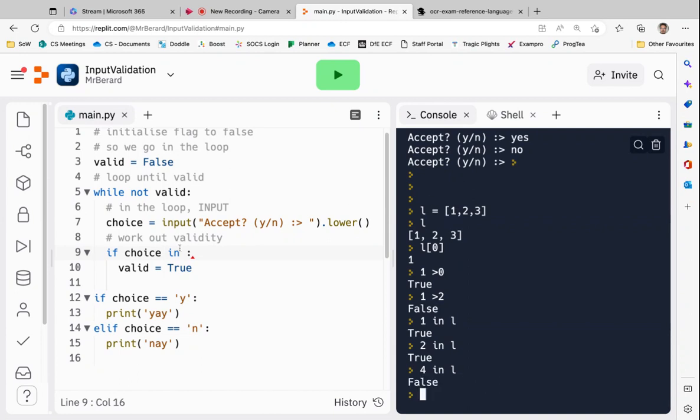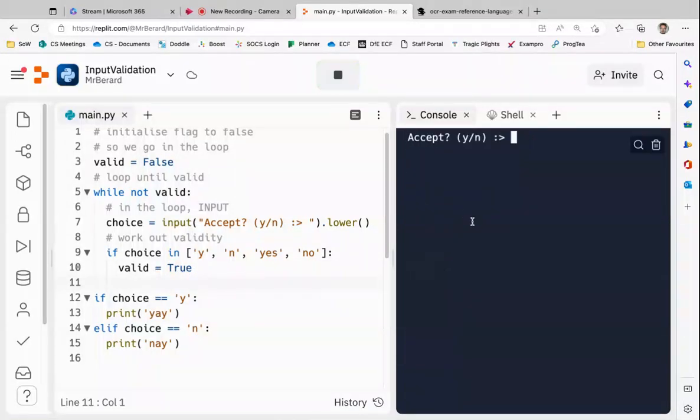So if you've got several possible valid values, you will list them all in here. So y, n, and then yes, no, for instance. And that's all of the possible things that we want to be valid. And that will then accept. I mean here, and I say yes. In fact, even if I say yes,